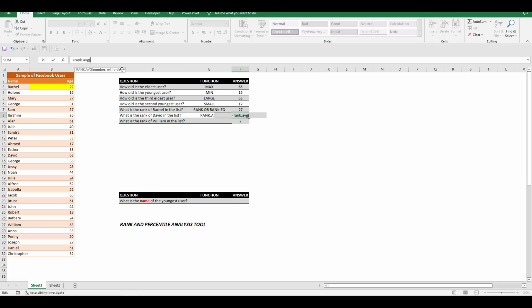As before, the first argument of the function is the age of David. The second argument is the reference list. And the third argument is optional and is the order. We copy this formula for William and we find 2.5 as well.